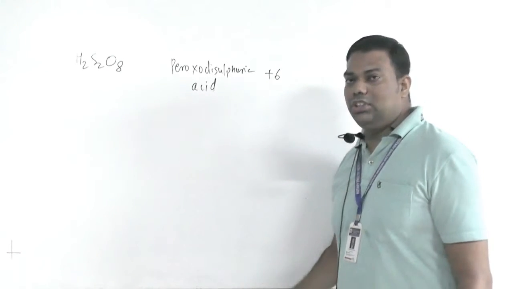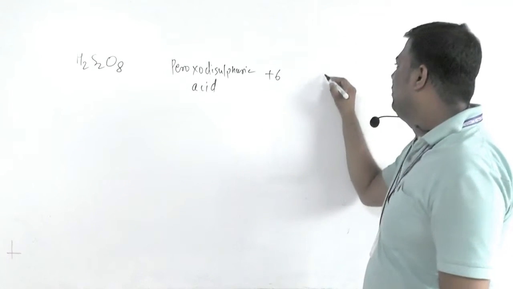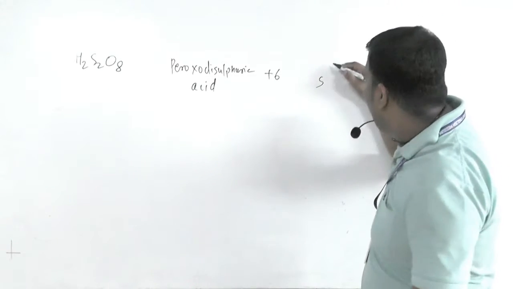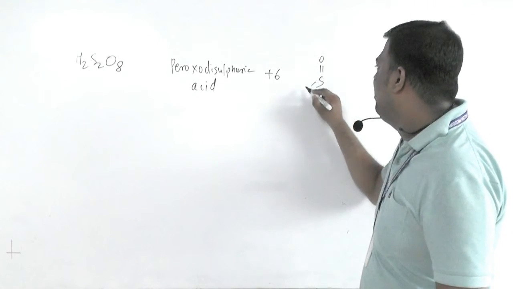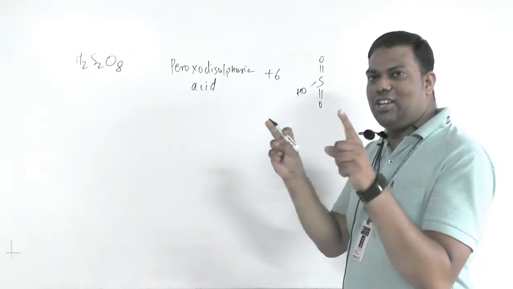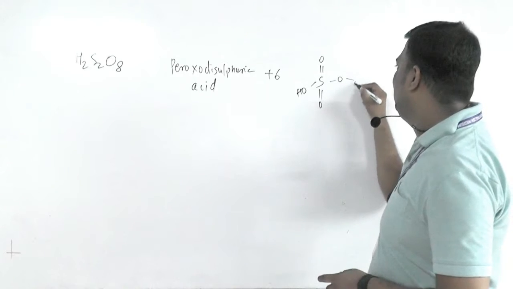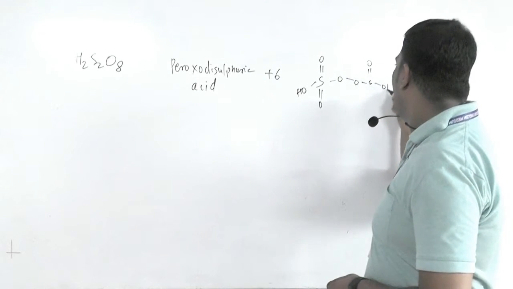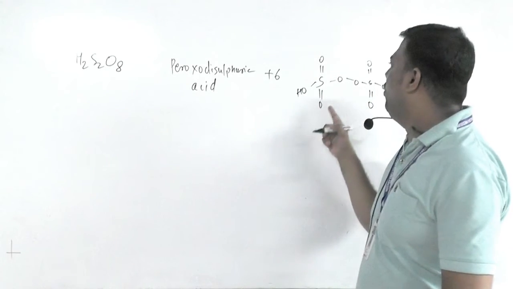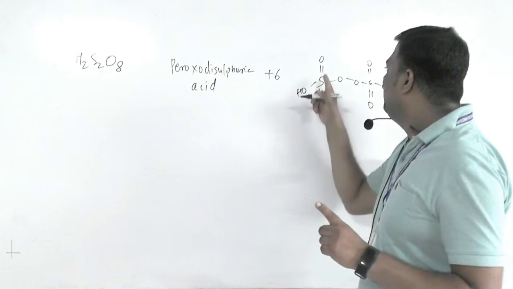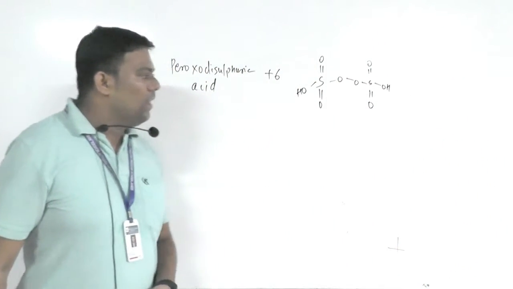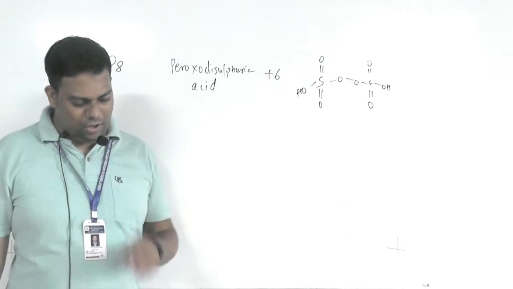Now see here, beta, what will be the structure of this? Concentrate on this. It is also very much important. Peroxodisulfuric means two sulfuric acids joined by one peroxide linkage. So see, like this. H2S2O8, here 4. Yes, our structure is correct. I hope you understood these structures.